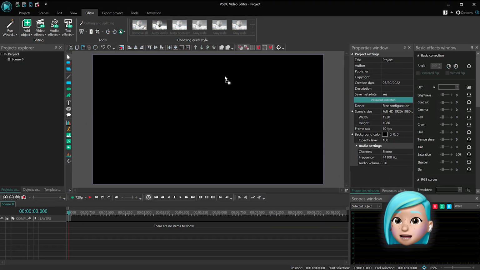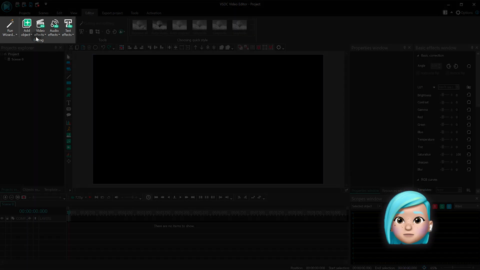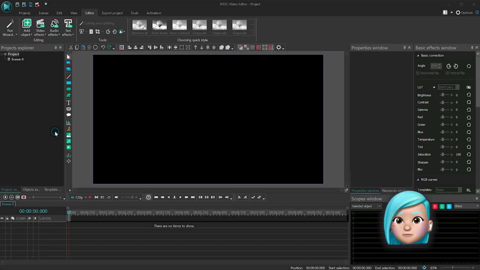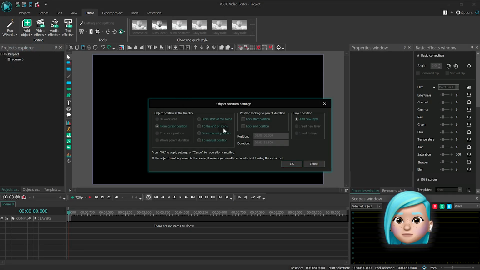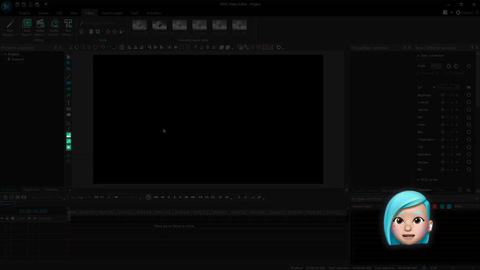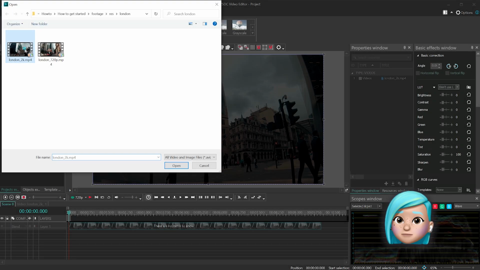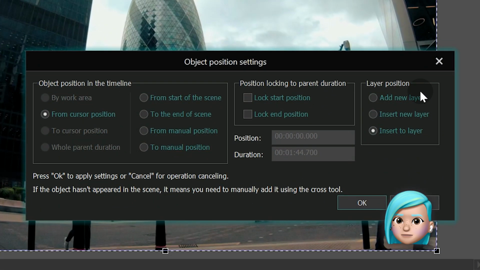You can also drag files directly to the scene or add them by using dedicated buttons located at the top and on the left side of the program's interface. When you add a new file this way, a window pops up to confirm the object's position settings and layer's position.